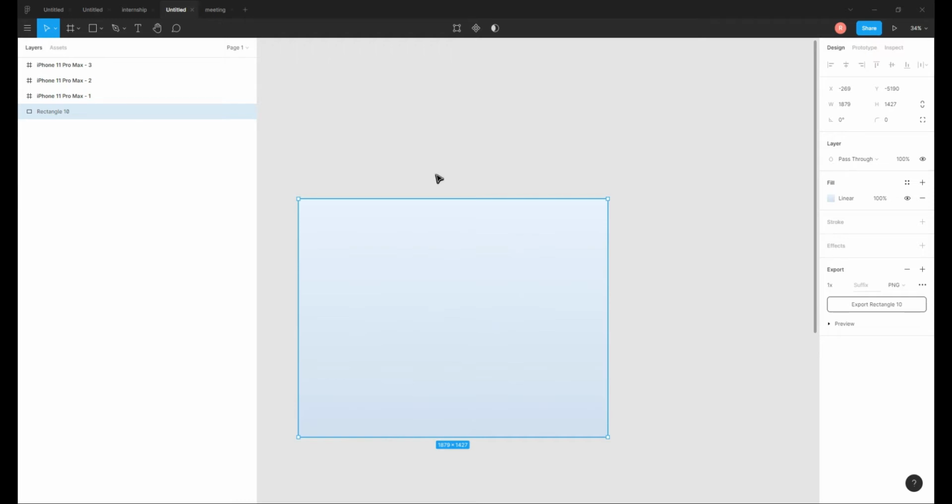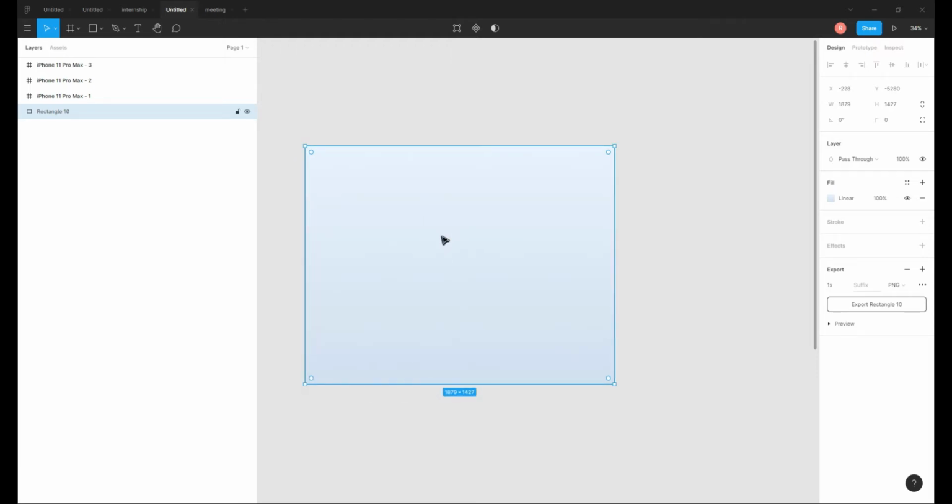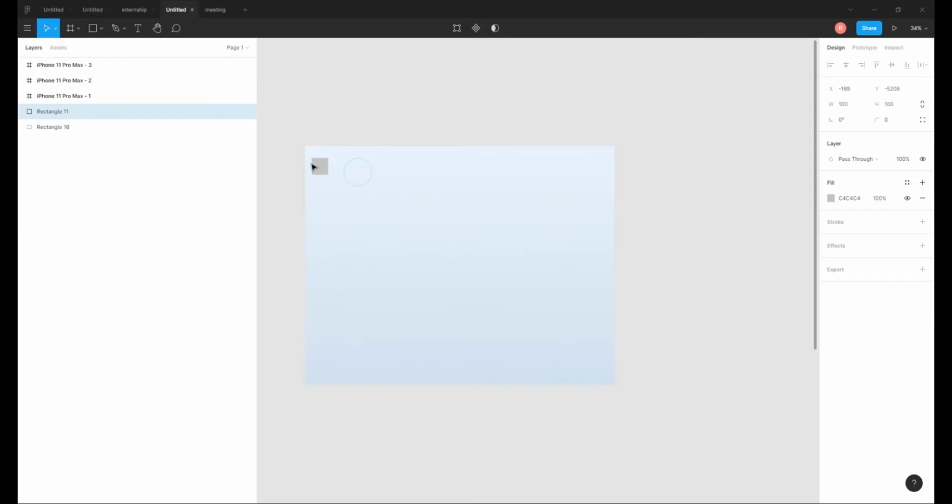I prefer making a gradient background rather than a solid color background because the solid color background looks really plain and dull, and this gradient gives me the exact look I want. If you want, you can even add random shapes to the gradient, but I don't do so because I want to focus my viewers on the UI more than the background.